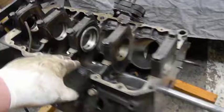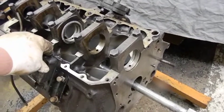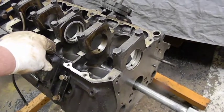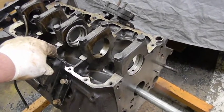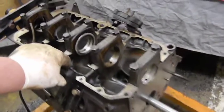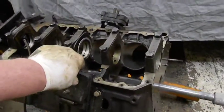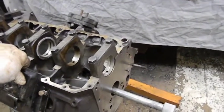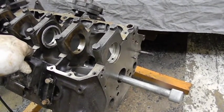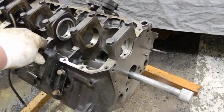So, the final piece of the puzzle was the cam. I ordered it through Summit Racing yesterday. Summit Racing does not stock the cam, so it's going to be directly shipped from ComCams to us. I will check back in a day or two to make sure that's not on some kind of weird back order, because if it is, and they can't give me the correct date, I might have to pay a lot more if I want it soon. They told me that since I placed it last night, they would order it today and it would ship tomorrow. If you do it that way, you pay Summit Racing's price, not ComCam's price, but you still get the free shipping because it's over $100. So, with that said,